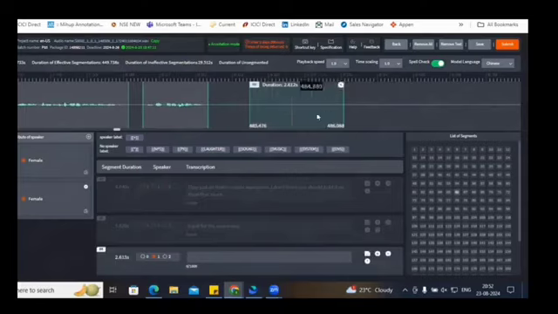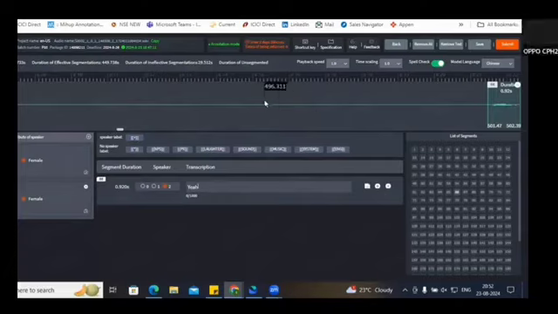Whenever you create a segment, you will get the segment number here, that is 66, and here you get the respective place where we have to transcribe whatever the speaker has pronounced. Why do we need to learn how to create segments? Because sometimes you might get some voice here which is not segmented. For that voice we need to create a segment. So this is how we can do it.